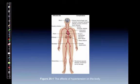This is Figure 25.1, the effects of hypertension on the body, and there are several of them. The brain: cerebral perfusion pressure, or CPP, is dependent on the mean arterial pressure. If the MAP increases, as it does with hypertension, the cerebral perfusion pressure also increases. So this is what can give us encephalopathies in the brain. Heart: systemic hypertension increases the pressure the left ventricle needs to overcome to maintain the flow of the body. So essentially, the hypertension itself becomes more than the ejection fraction. On the heart,